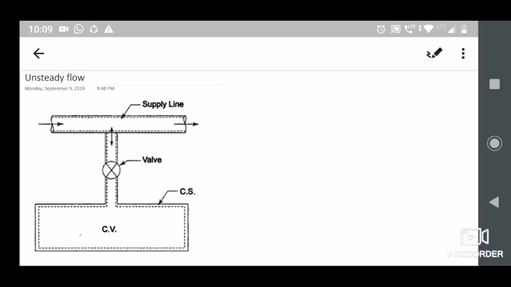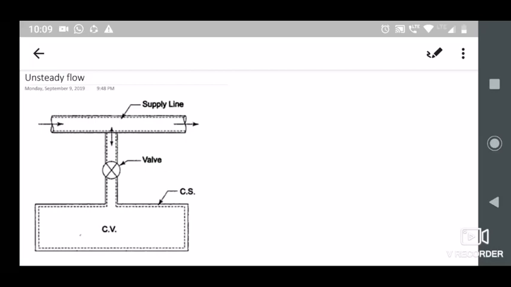Unsteady flow cases are actually not part of your syllabus, so I'm taking a separate session, which is an additional syllabus for you. Most of the time this topic will be used for your exams, maybe GATE or some other exams. So I'm going with this topic, as well as another additional topic which I will be going through in our class also. So coming to this